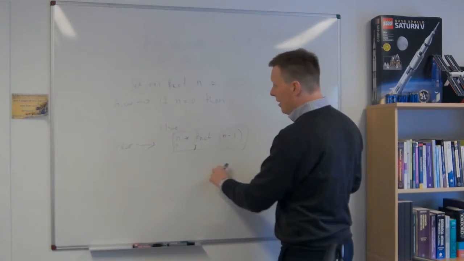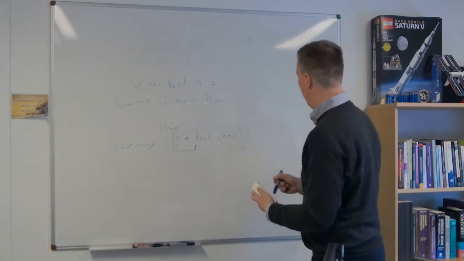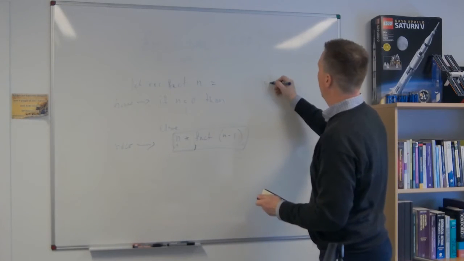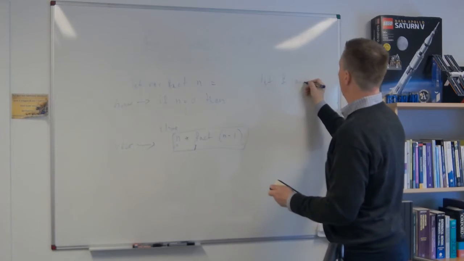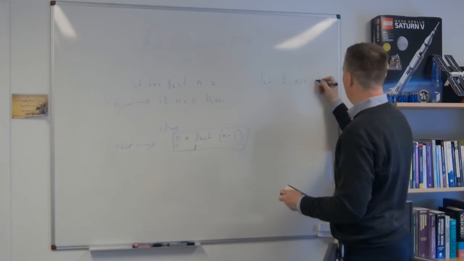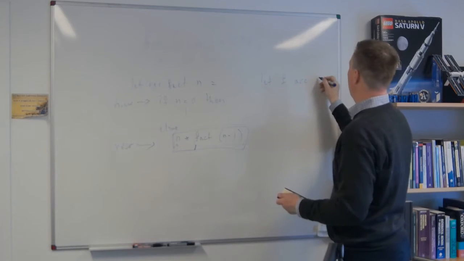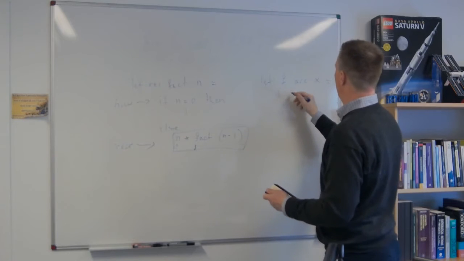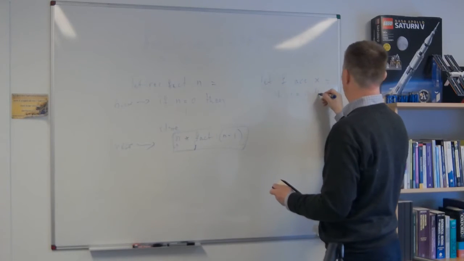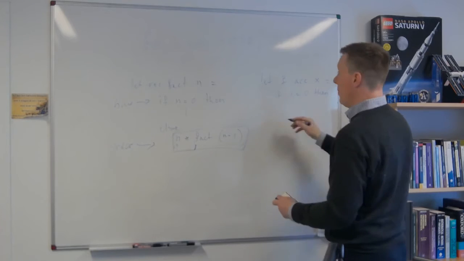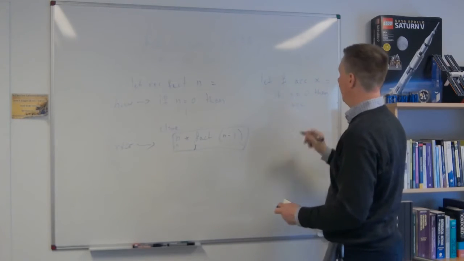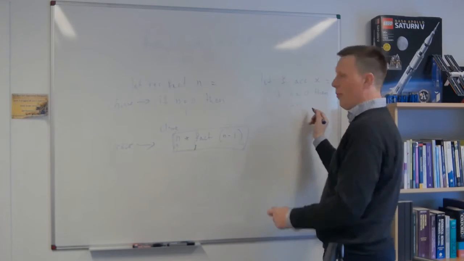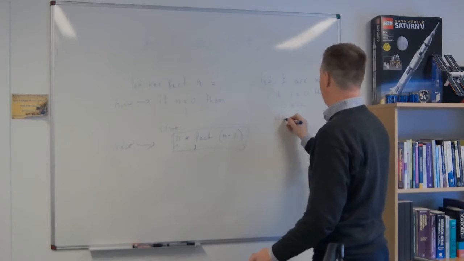Right, so how can we turn this last step into something which doesn't push on the stack? Well, it's actually quite easy. I'm going to write the function here, let f, and it's going to take two arguments. One which I'm going to call acc for accumulator, and one which I'm just going to call x. Then I'm going to say if x equals 0, then we get to the base case. But now instead of returning 1, I'm going to return acc. So this is the result now. Instead of returning 1 and then starting to unwind the stack, I'm going to return the result. And then I say else